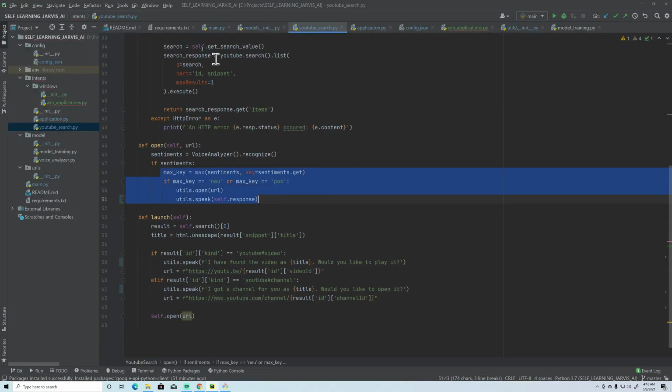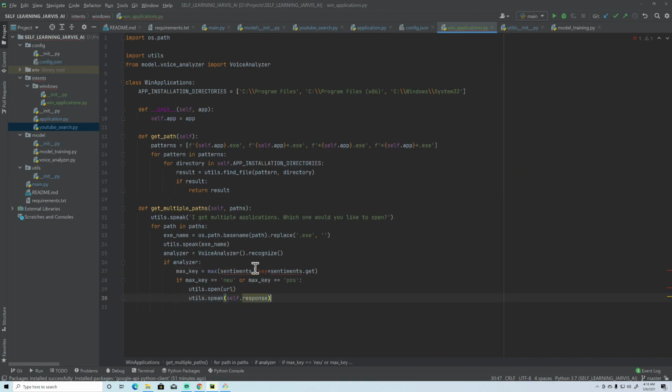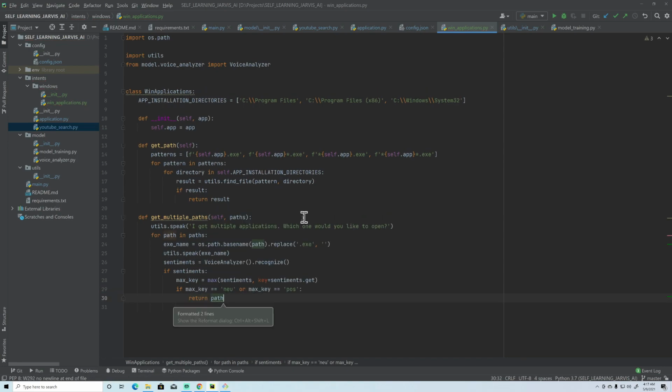Just copy this and paste it here, and okay, I'll just change this to sentiments here, and instead of URL, I'll remove this and it will return the path. Return path, right? By this way we are going to have just that particular path for which we are going to open the application, right? So yes, it will return a single path.